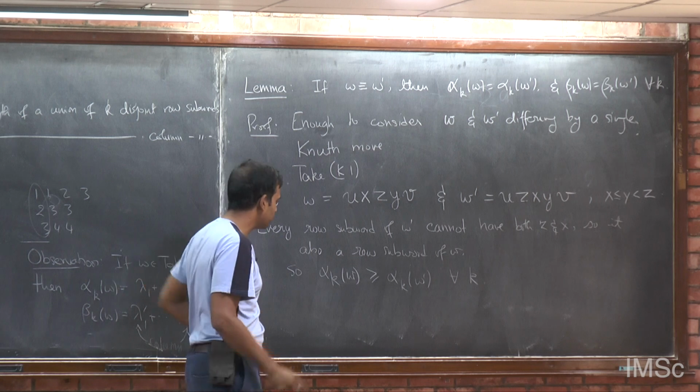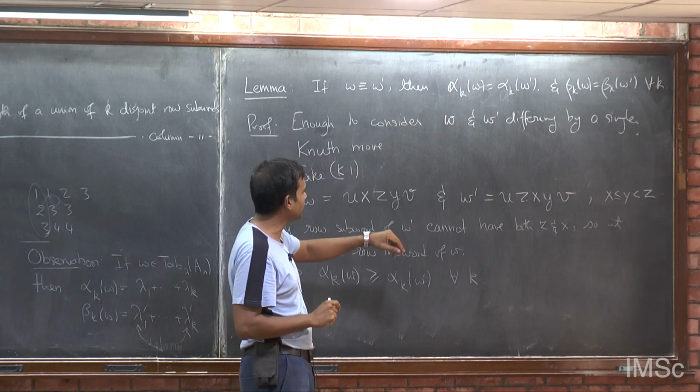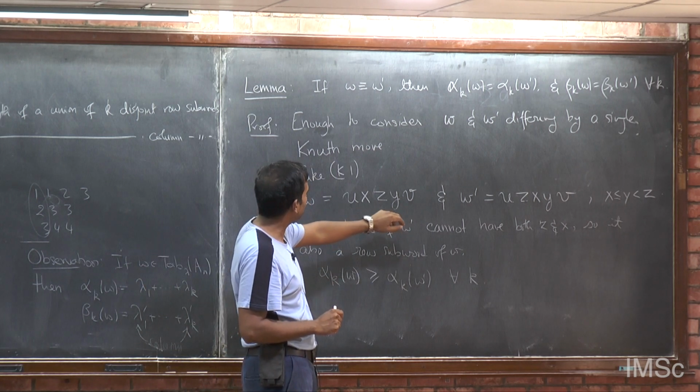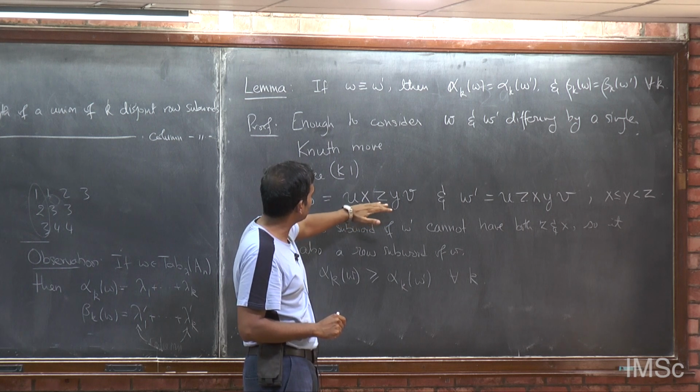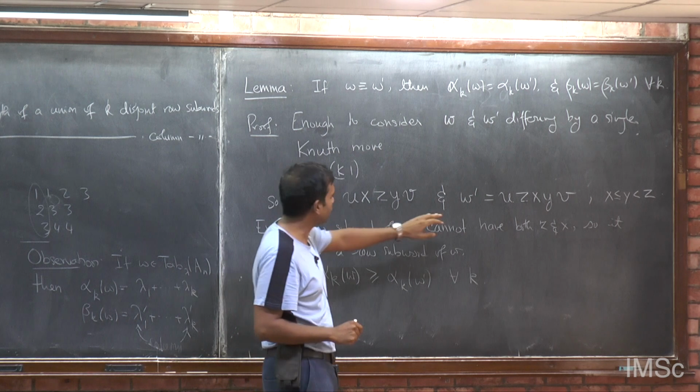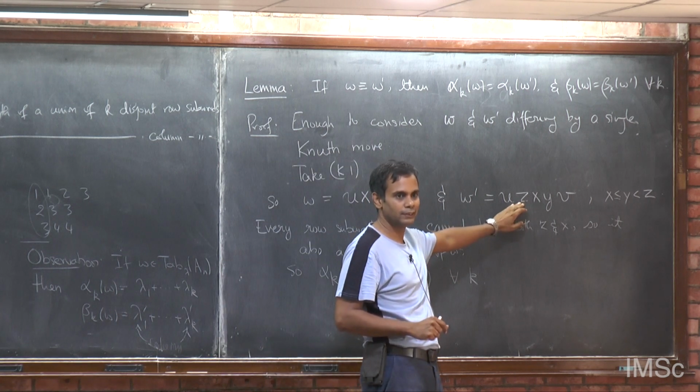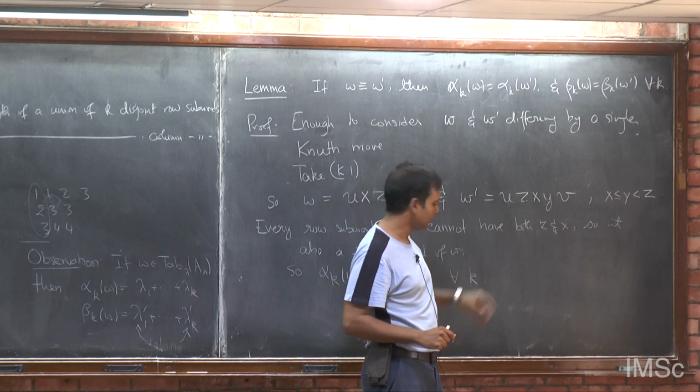So far so good, but the other thing seems to be a bit of a problem, right. What if you have a row subword here and it involves xz, then it would no longer be a row subword here, right? But